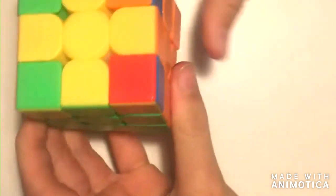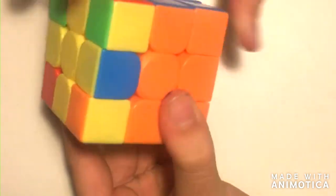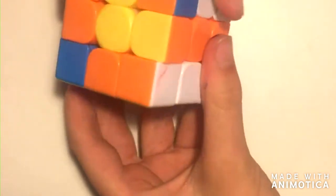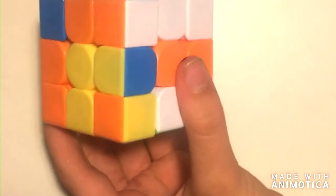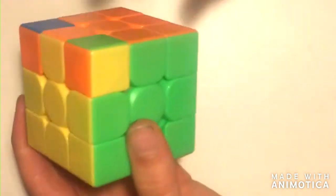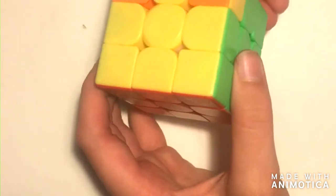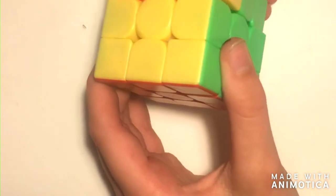And do those set of moves again. So we're going to do U, R, U prime, L prime, U, R prime, U prime, L. So that's that. And then we're doing the last bit. So you want to repeat that until all of them are right. Now you want to do the set of moves, which is